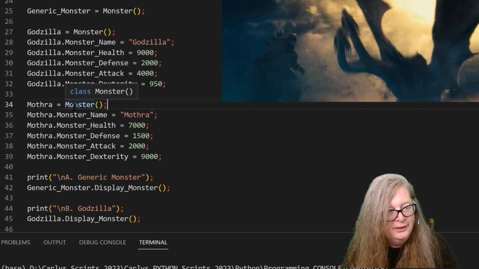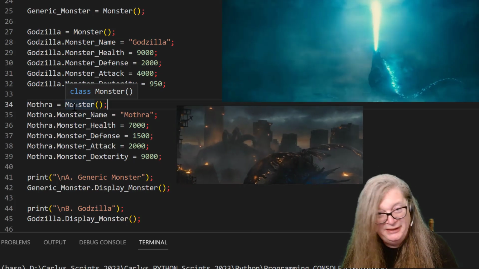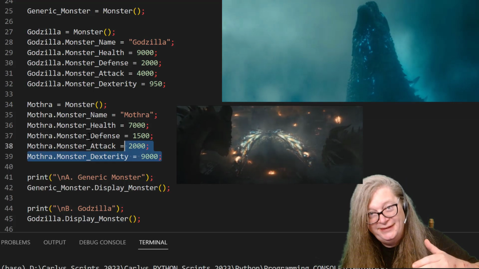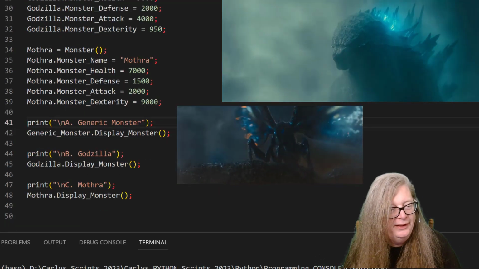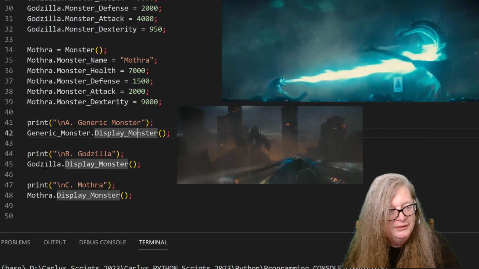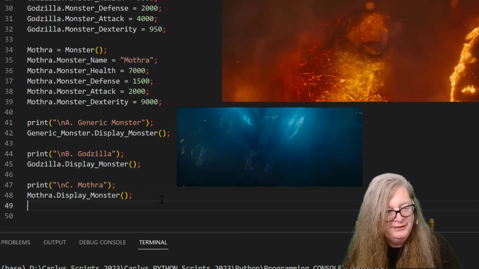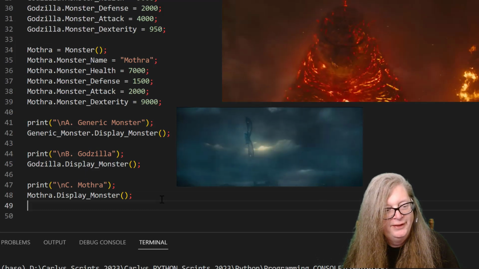And then I create another monster. We'll call it Mothra, the instance, right? We instantiate it as Mothra. The instance is Mothra, and I'm setting some more data here. And then I'm just going to call generic monster, display monster. And I'm going to call the same method on Godzilla and the same method on Mothra, so that you can